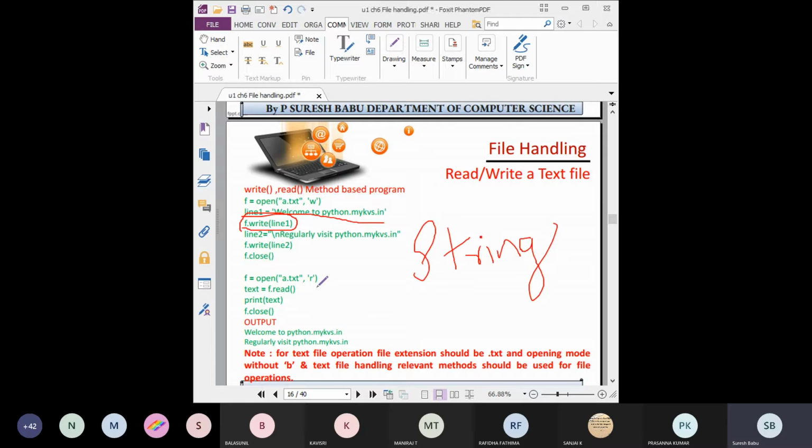Okay. So the write function is used to write the entire data into the file. Then the read function is for reading data from the file. Whatever you are storing in the file, you can open using read mode, and you can read the entire content by using the read function, read one line by using the readline function, and get all the lines in the form of a list by using readlines. You should know the difference between these three functions: read, readline, and readlines.